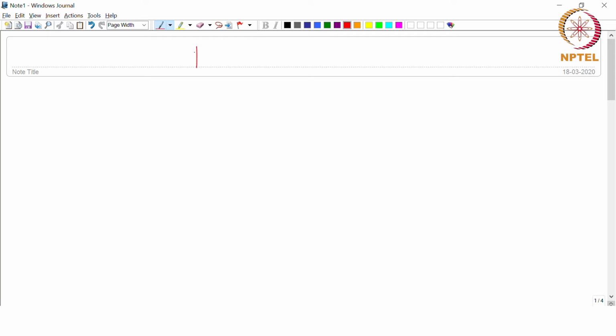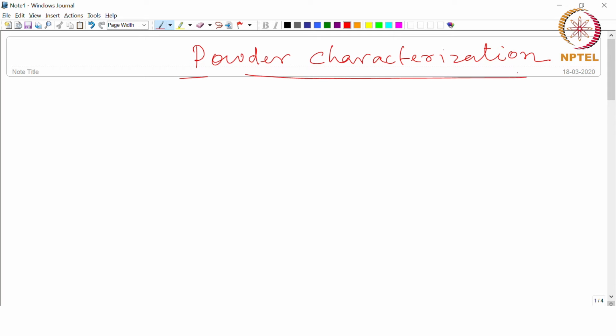Hello and welcome back. So right now we are on this topic of powder characterization, which is about evaluating the powder particles for their different properties like size, shape and other characteristics. And in the previous class we talked about different kind of